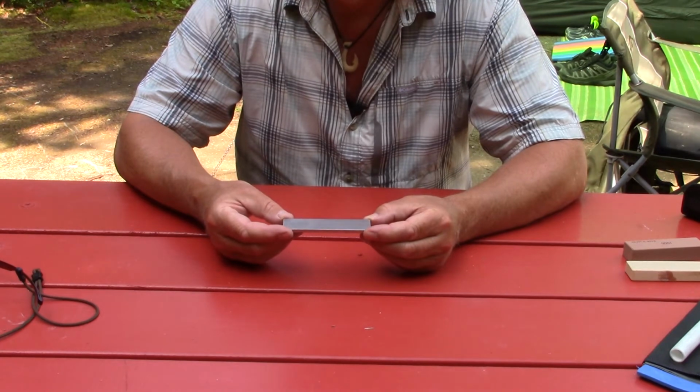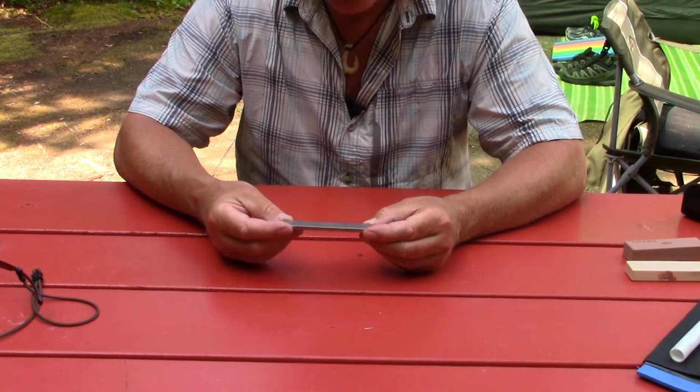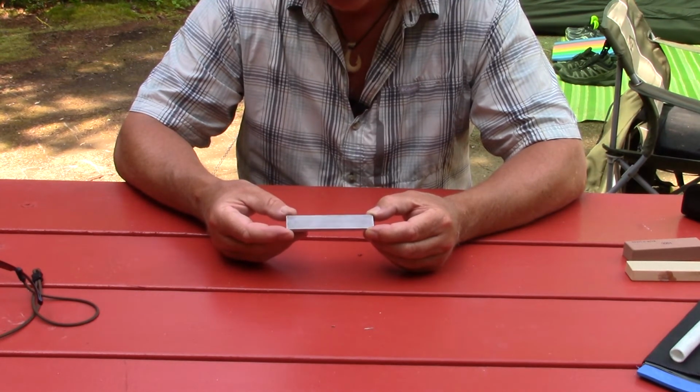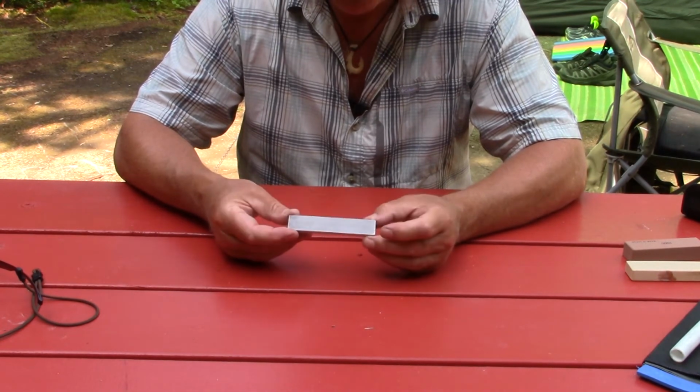Well, the tools that I've used for the axe, primarily, I haven't had to do much of anything, but I have put the stone to it once. But the Randall Graham, I can't tell you how heavily I've used that. And in order to keep that sharp, twice now in 2 weeks, I've had to put a bit of an edge back on it. So I'll end with the strop, but before I get to the strop, I've used this,